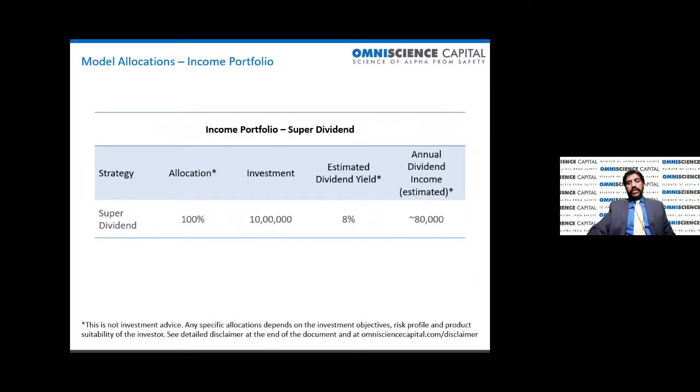Now, the income portfolio has an 8% yield, much higher than your typical corporate bond in today's scenario. So we think this is a very rare opportunity because Mr. Market is making a mistake. And there are reasons to believe, which we have elaborated in our upcoming report, why this dividend yield is likely to remain, as well as likely to grow. So it's not just a stable dividend, it is likely to have a growing dividend stream.